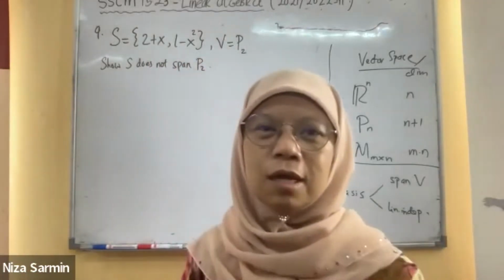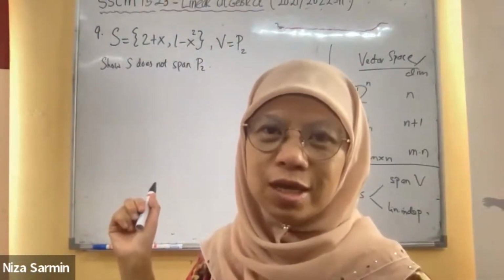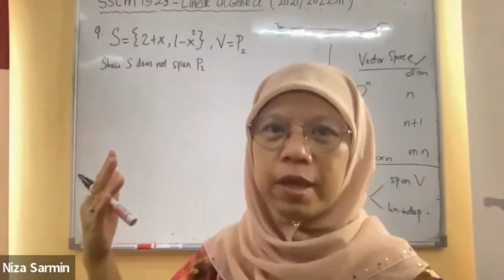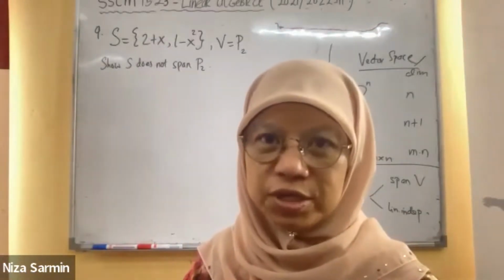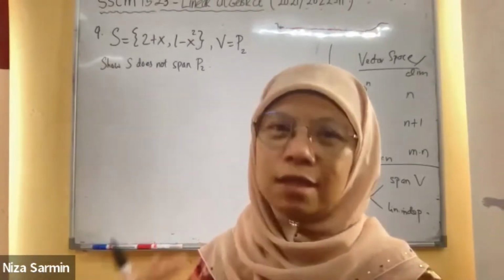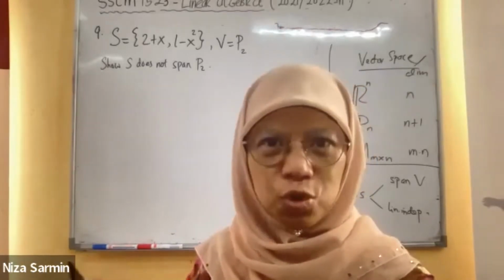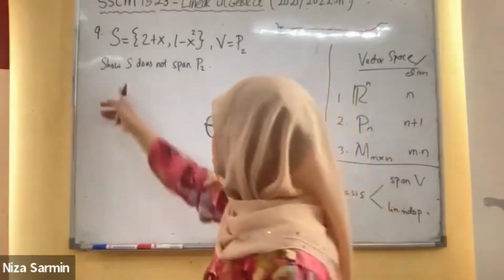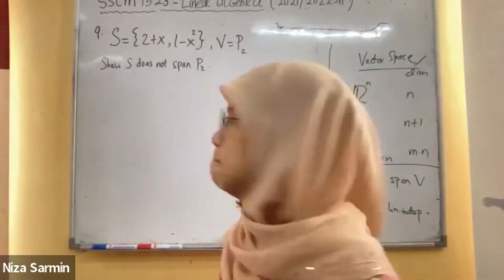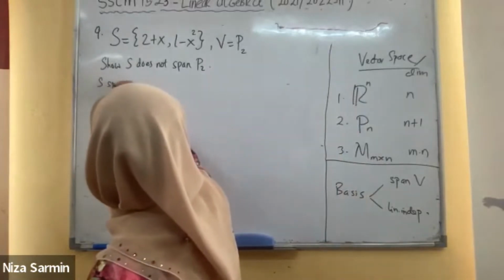Then you ask, if I don't know the answer, how can I write this? It's okay. You just think it in your head, and then you know it does not span, and try to write out the definition and show that C does not exist. Then you say it does not span. It is okay. But if you know already the claim is like this or given in the question, write it. Okay, S span